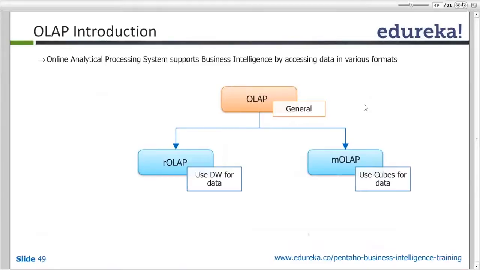So there are two different types of OLAP shown here, ROLAP and MOLAP. ROLAP uses the data warehouse for data. So it's a relational OLAP basically, ROLAP. So you have your data warehouse in the RDBMS. So it is